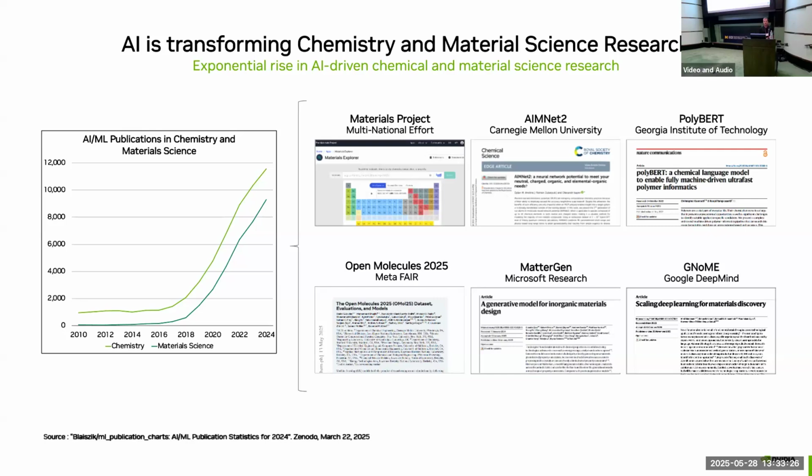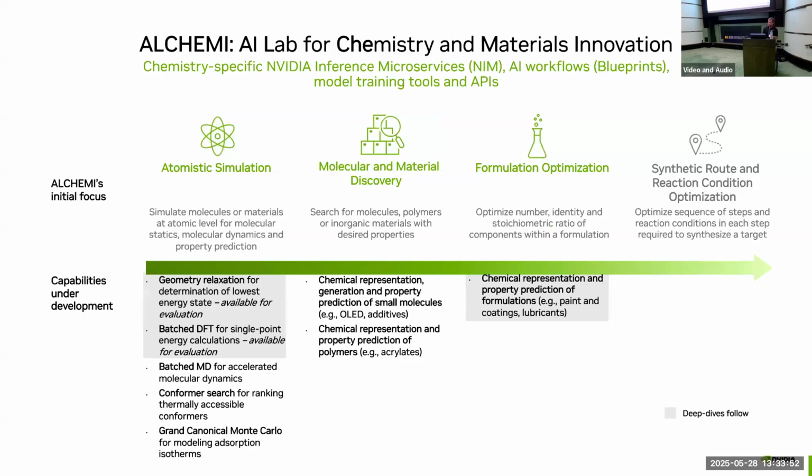But moving over into the materials science space, we see very similar trends as well. There are massive databases and datasets of properties and structures being released. I would say computational chemistry was one of the early adopters of AI plus HPC, specifically in MLIPs, or machine learned interatomic potentials, which can give you very, very high accuracy at very, very low computational cost. So again, a very, very hot field.